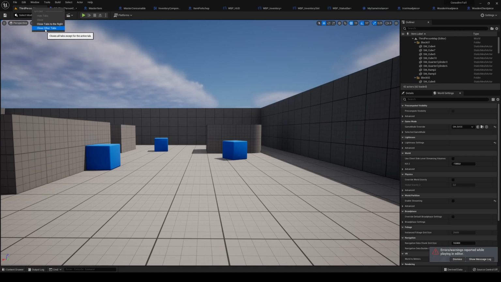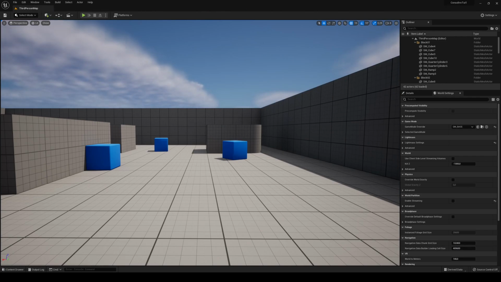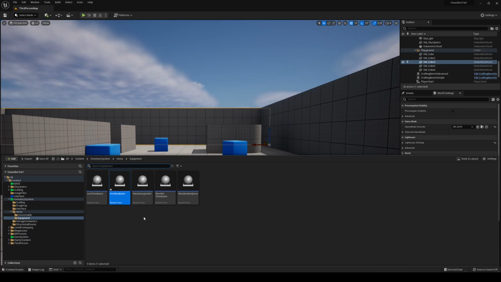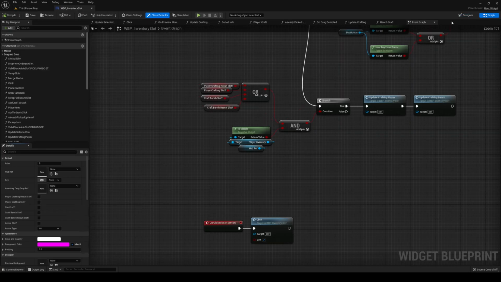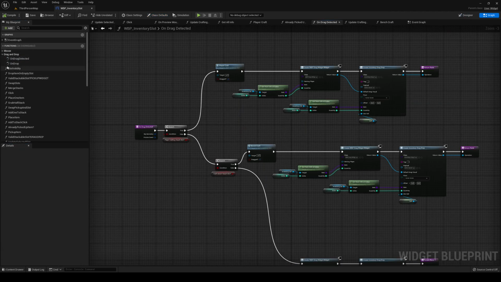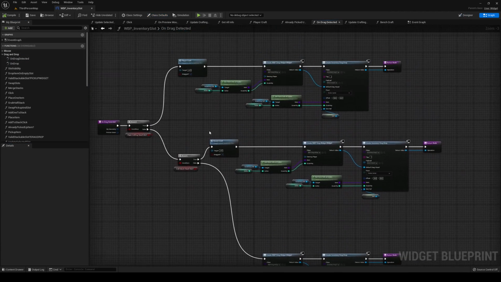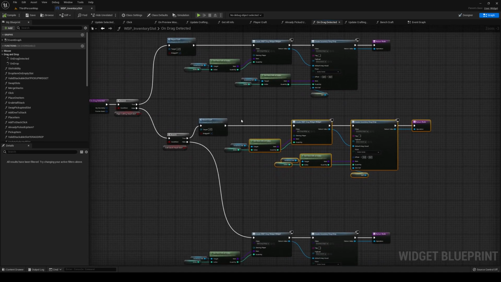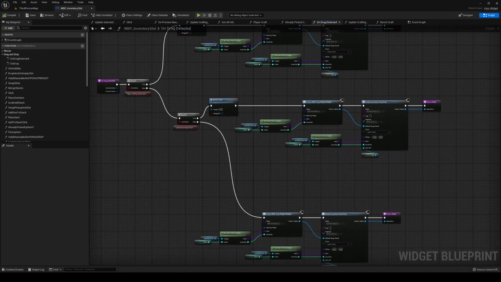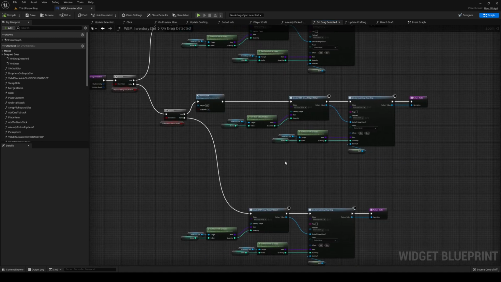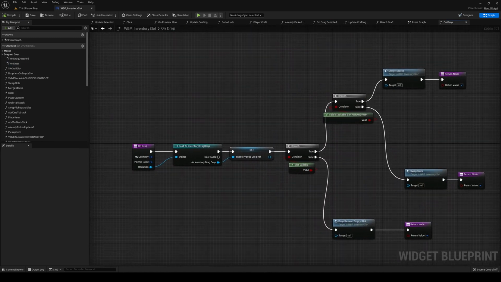We can close all tabs except for the map. And let's go find our inventory slot and go to on drag detected. On drag detected, keep in mind, as I said, you don't have to have these everywhere. You could just use those. But for consistency's sake, I am going to keep it as is. Now, I do think we actually need to go on drop instead, sorry. So on drop,